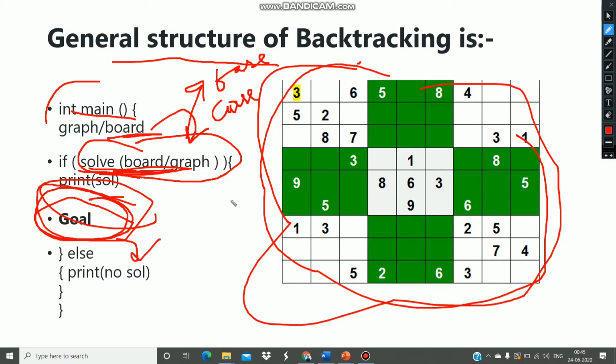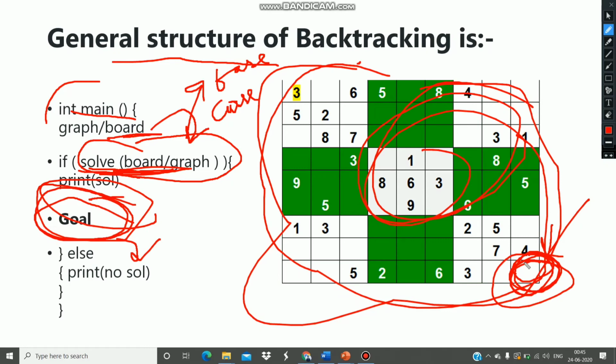And what will be the base case? See, the moment we are at this position, n minus 1 comma n minus 1, you can guess at which moment we will be in this position: after filling the whole empty cell, we will be in this position. So we can maintain a flag which indicates whether any other empty cells are there in the board or not. Suppose you are in this cell.